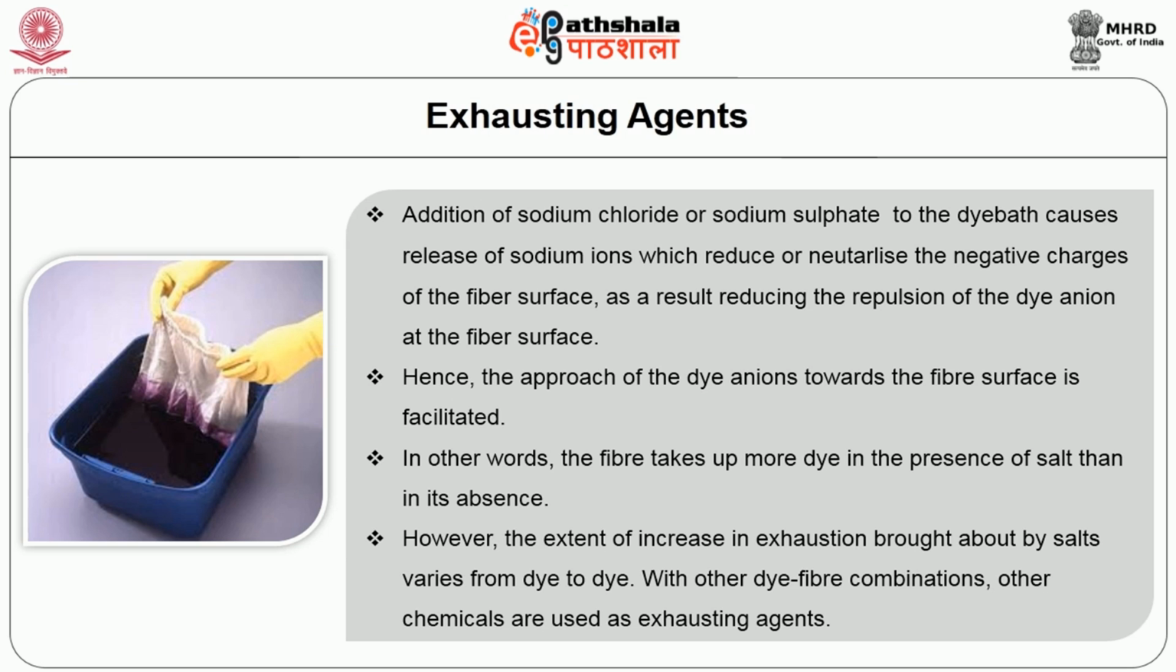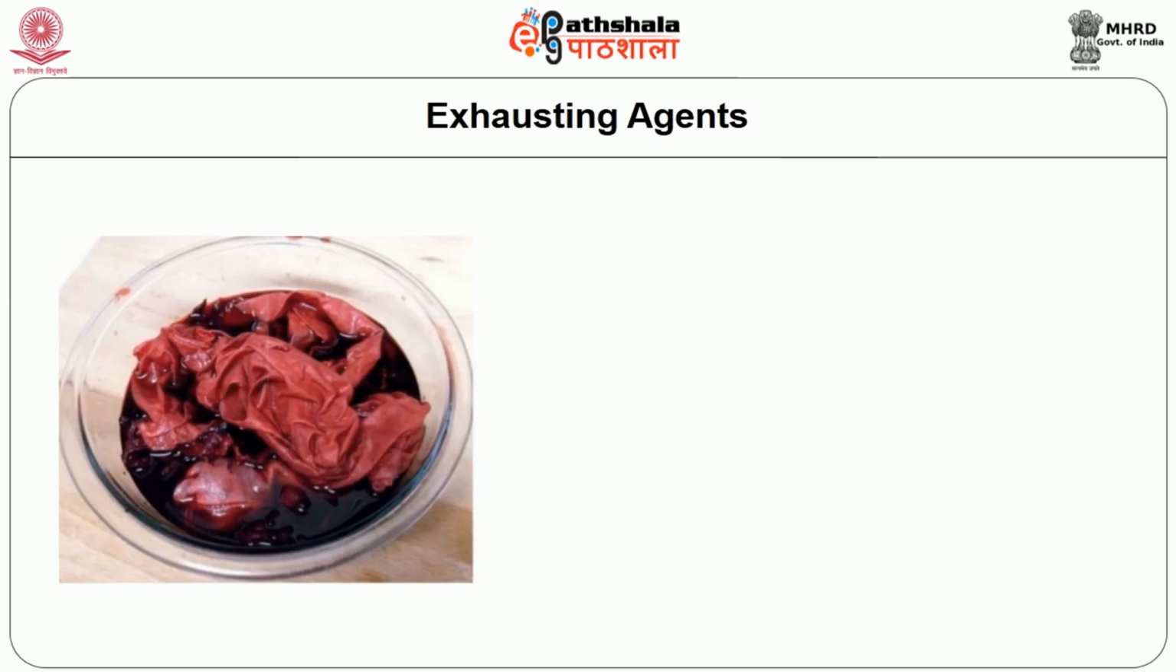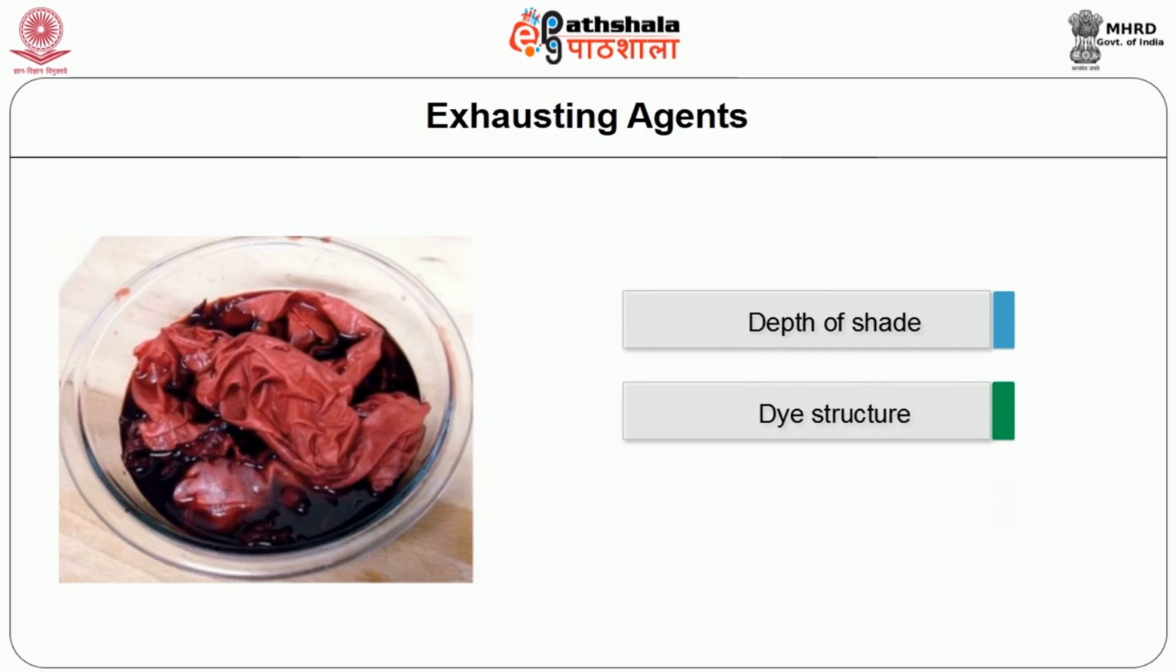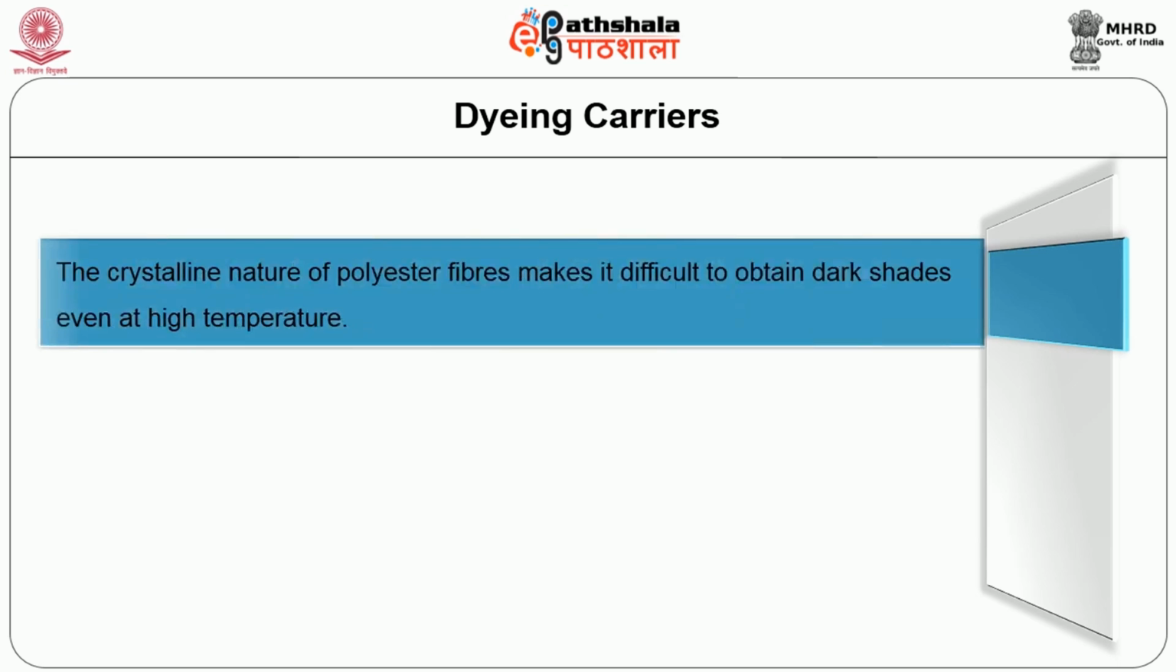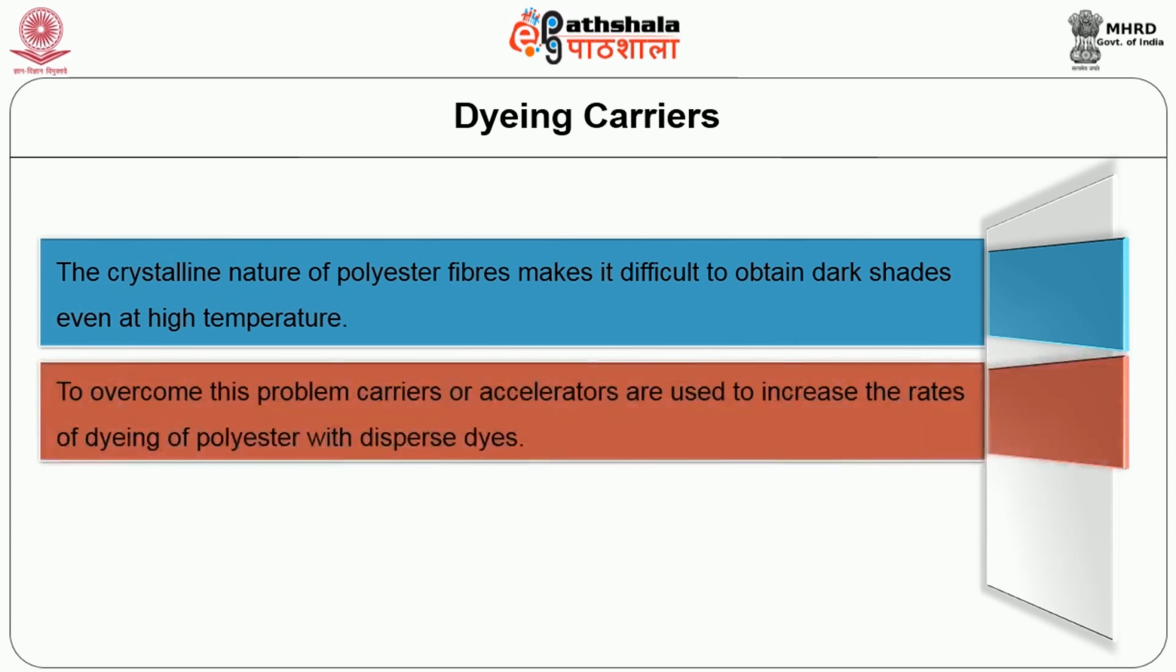With other dye fiber combinations, other chemicals are used as exhausting agents. The quantities of electrolyte present may vary up to 100 gram per liter depending on depth of shade required, dye structure, and recipe. Carriers. The crystalline nature of polyester fibers makes it difficult to obtain dark shades even at high